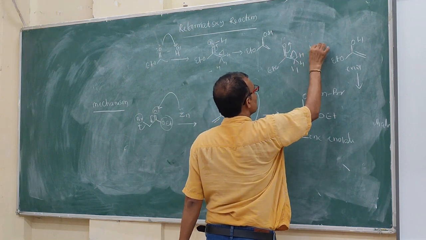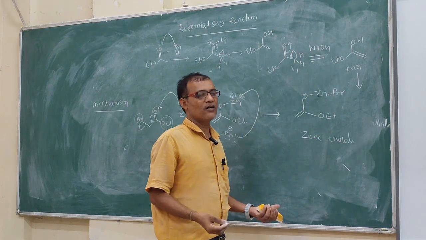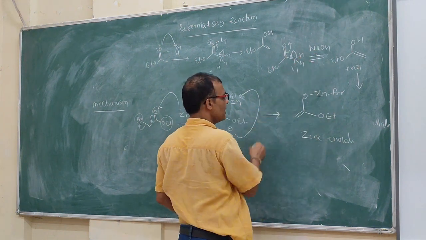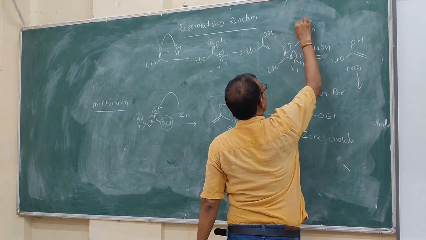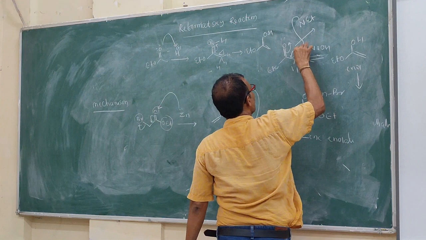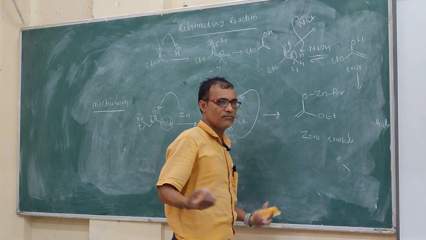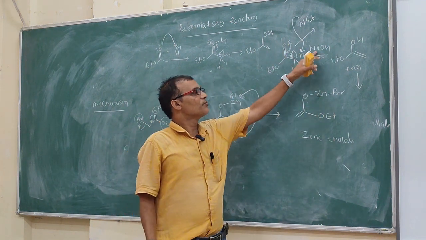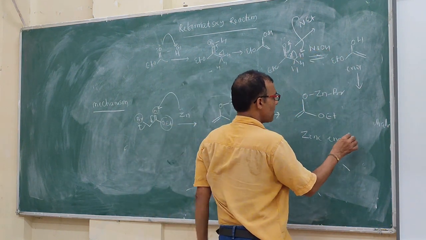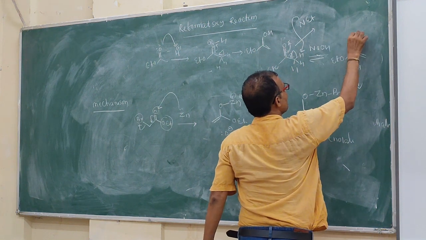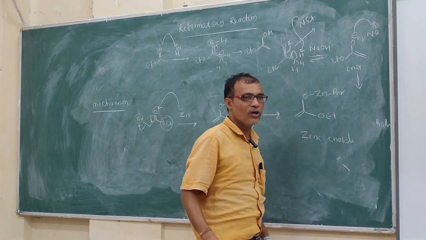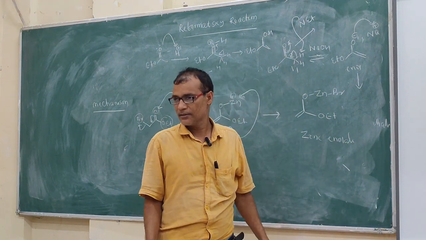But sometimes you also need base. Suppose here you use sodium hydroxide, or this is the alkali hydroxide, but you can also take pyridine. If you give pyridine, or triethylamine, what will happen? This lone pair will take it. So this goes here, this goes here. But if you use metal hydroxide, the same thing happens, but what is the counter ion? The counter ion is Na plus, and this and this combine as ONa, that is called enolate.